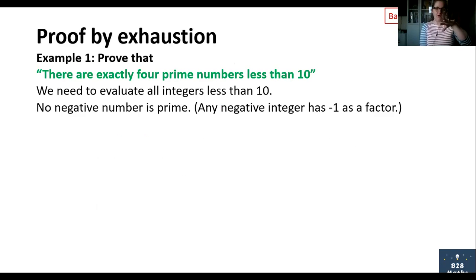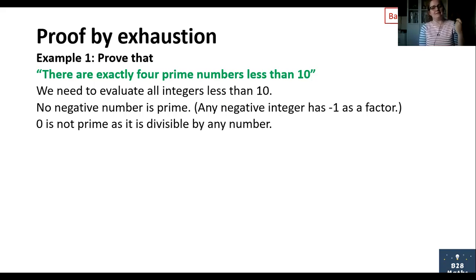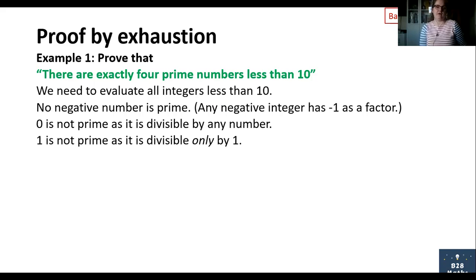So straight away, we can just forget about our negative integers here, because any negative integer has -1 as a factor. So we can just completely ignore all of our negative integers, and we're just dealing with our positive integers. So we're obviously less than 10, dealing with positive integers between 1 and 9. So 0 is not a prime number, as it is divisible by any number. 1 is not a prime, and here we go. So we're dealing with numbers between 1 and 9. 1 is not a prime number. We know that because it's